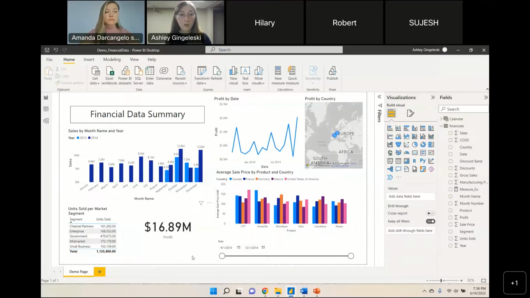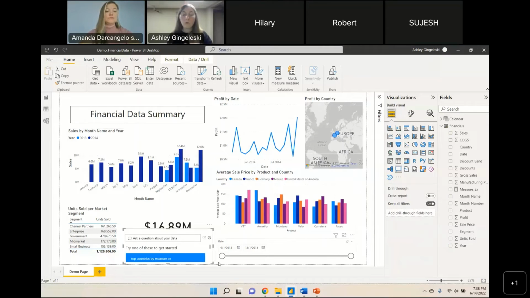So then I think one of the other things, as I mentioned before, is there is a little bit of AI integration with the data itself or with some of the capabilities that are there. So I think, let's say, yeah, if you have a report set up like this, if you double click in the report itself, you can type in a question about the data. So if we did something like